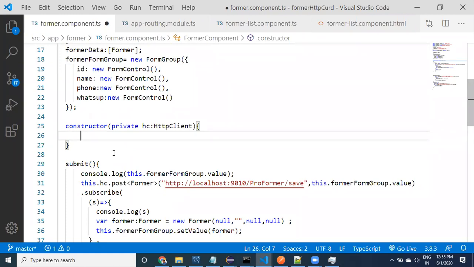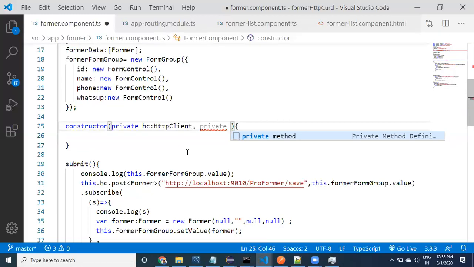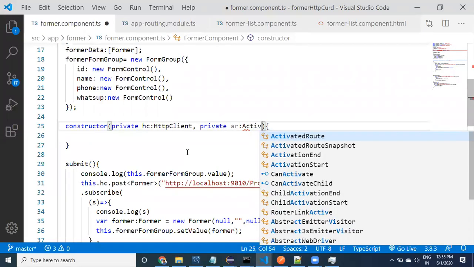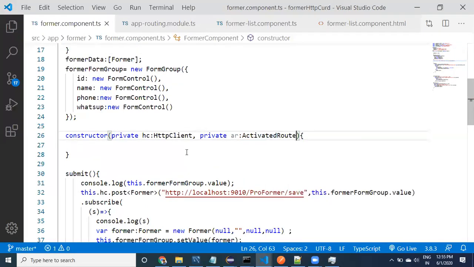To read that particular value, we need to take the help of the router, activated route. Take private activated route colon activated route. We have AR.